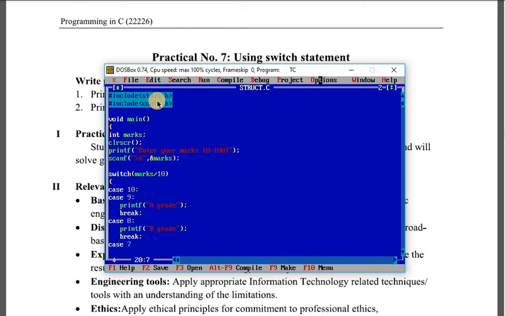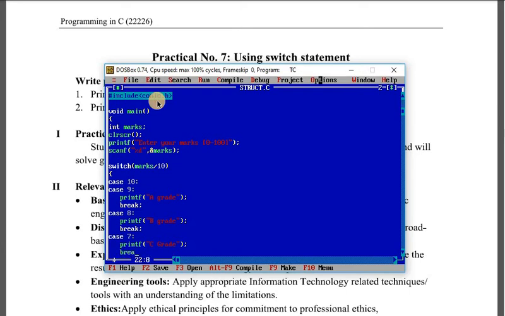Now case 7. In the printf he will get the C grade, then the break statement.